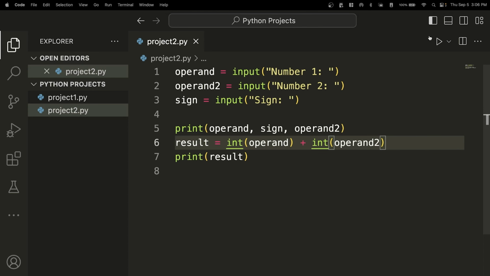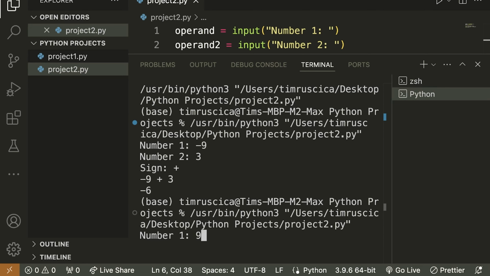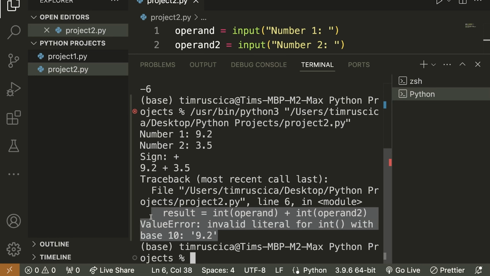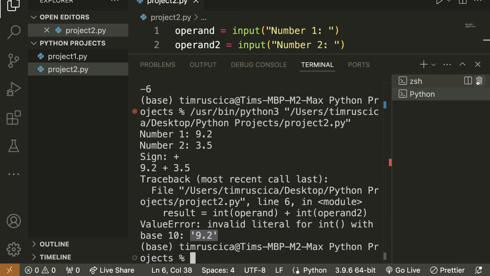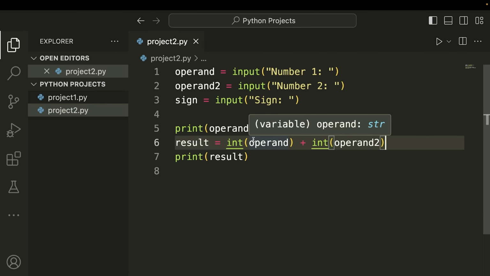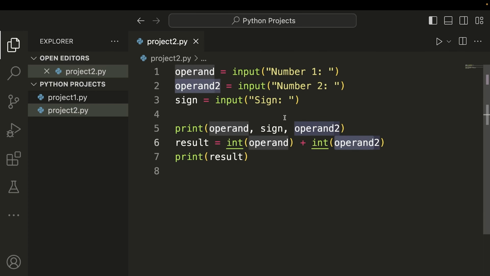But let me show you some potential errors we can run into. So what if I type 9.2 and I type 3.5? And now I do sign as a plus. Notice we actually get an error now. It says invalid literal for int with base 10: 9.2. Now what that's telling us is that we cannot convert these numbers to an int because they're not an int,